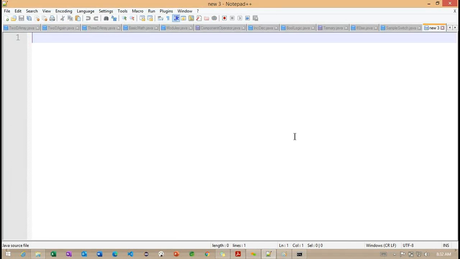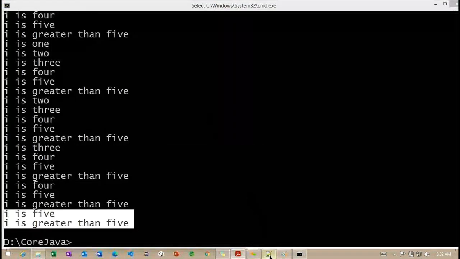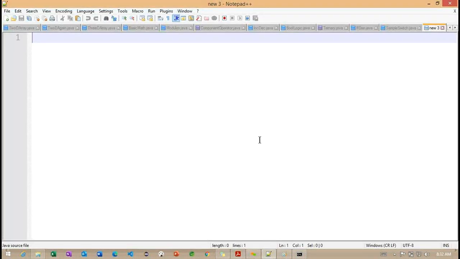What I was saying is, we have a shortcut to select multiple same words and change them at the same time, like Alt Shift and select that word. Why didn't we use that when we wanted to comment the break? Okay, you are asking about this shortcut. That shortcut is not going to work in Notepad++. We can use it only in the IDE.